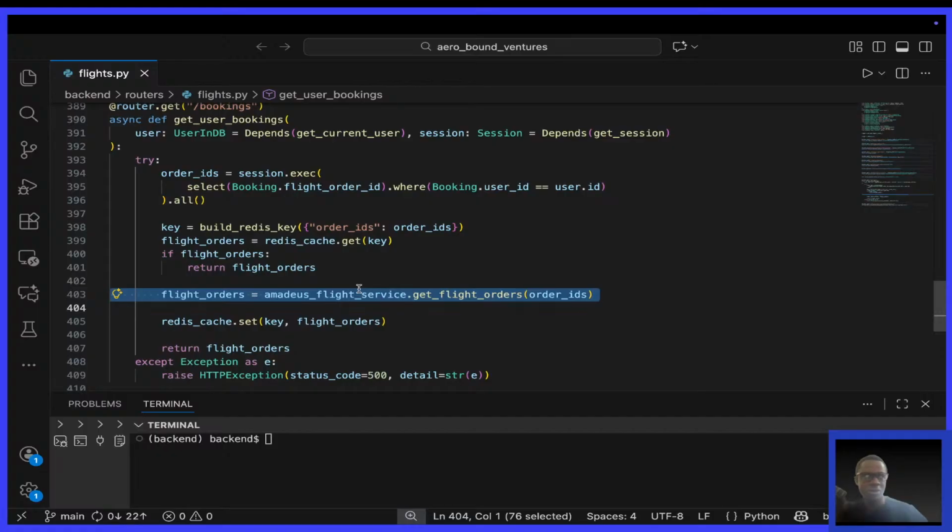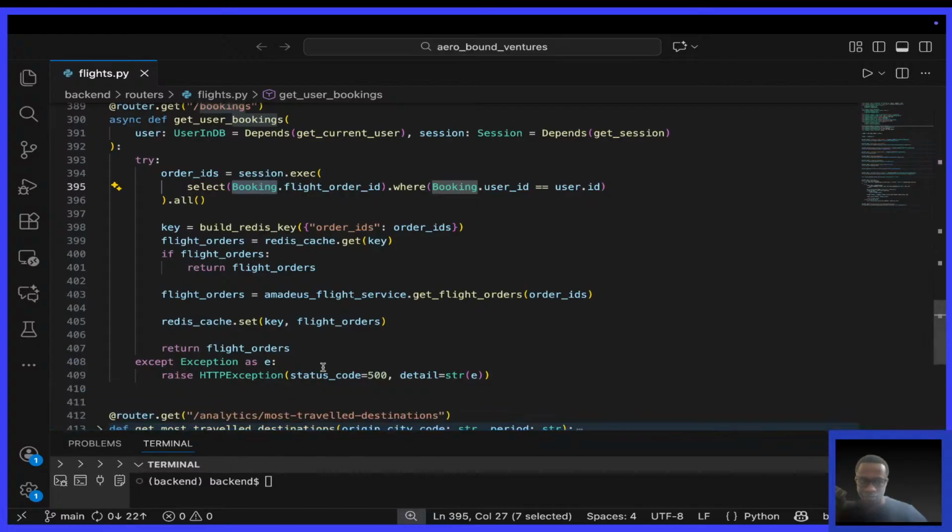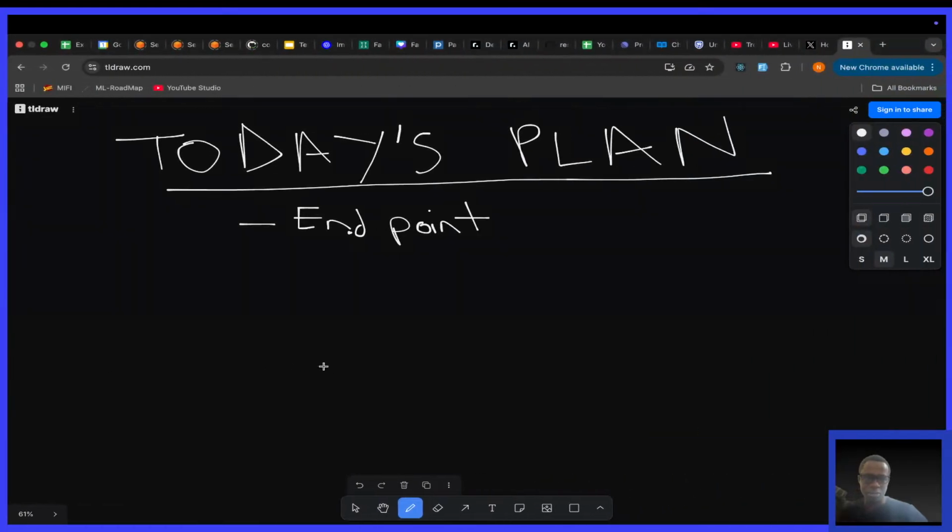So going forward, I want to remove this. Amadeus should not return any data, okay? I want to pick all the flight orders from the booking model since we are saving them there. Then also, after updating the endpoint, the next thing I want to do is to be able to